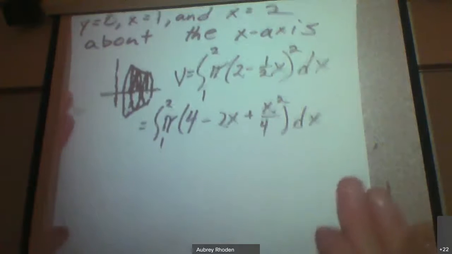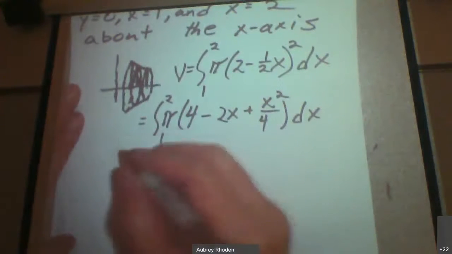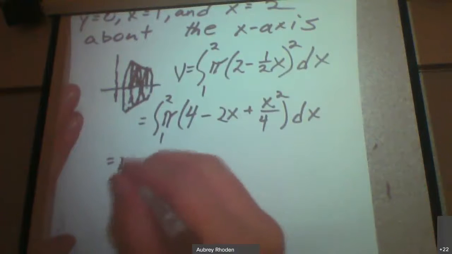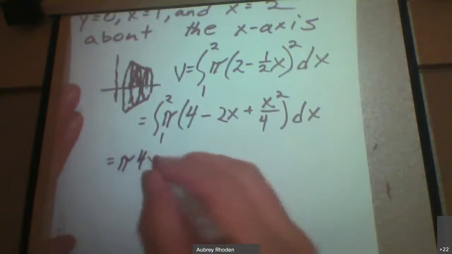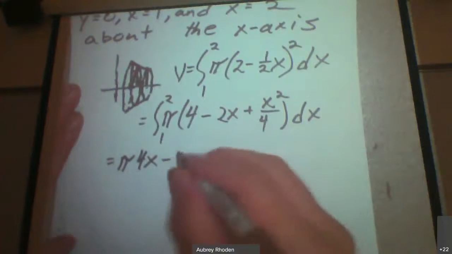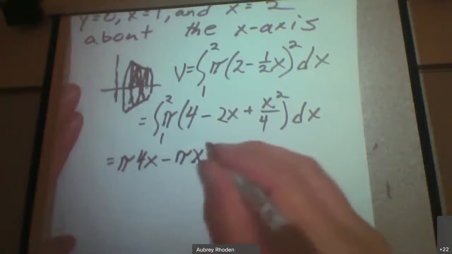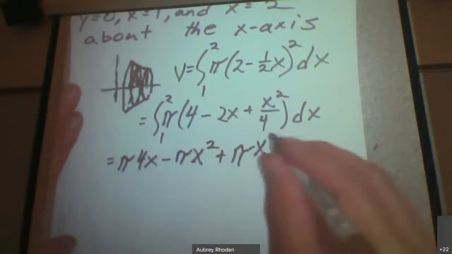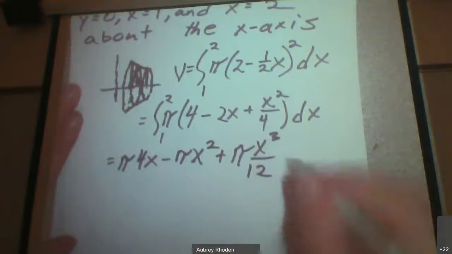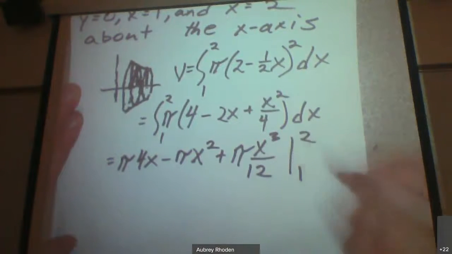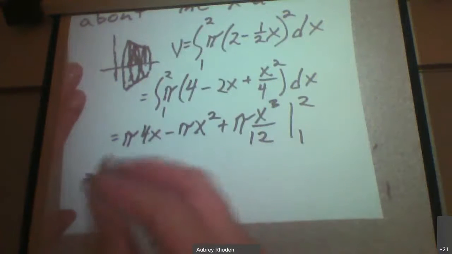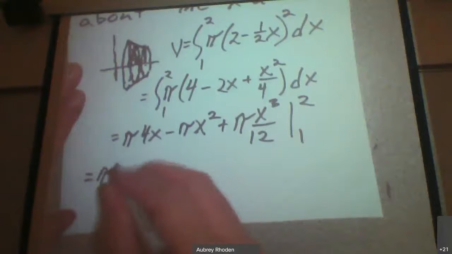So that would become, okay, so let's write it like this. Pi times 4x and minus pi multiplied by x squared, and then plus pi, and this would become x cubed divided by 12, evaluated at 1 and at 2. Okay, so write it like this. Pi times 4